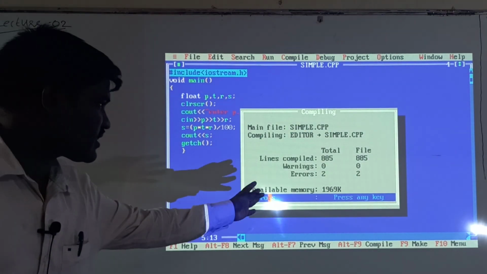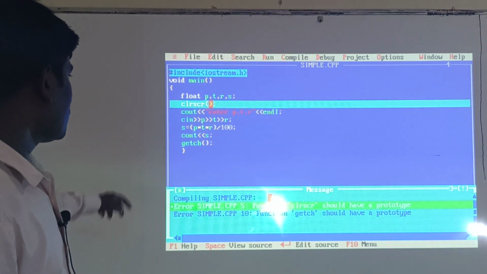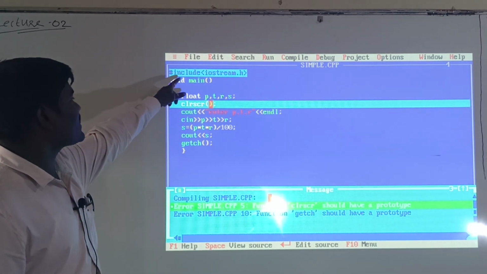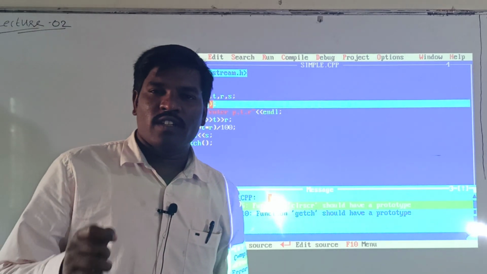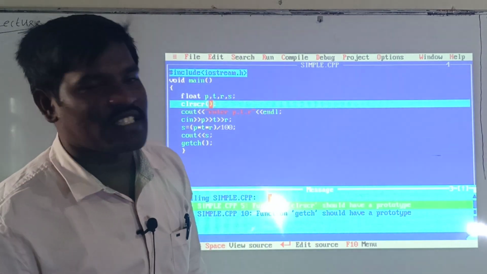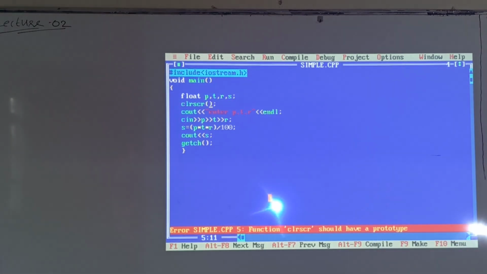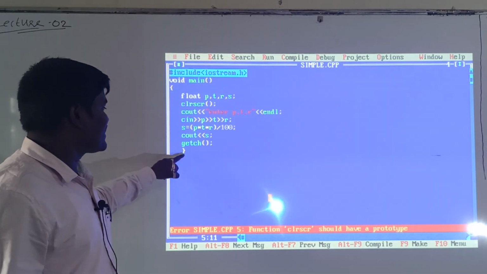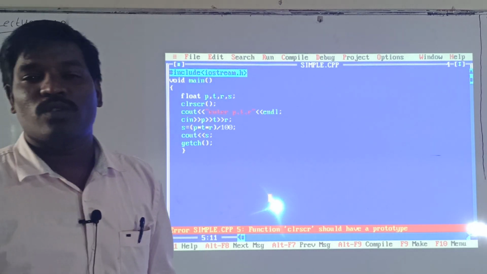See here, errors 2. Why do the errors come? Because here clrscr and getch are used, but you did not include conio.h. If you want to use clrscr and getch, compulsorily you have to include conio.h. Because the statements related to clear screen and getch are present in conio.h.